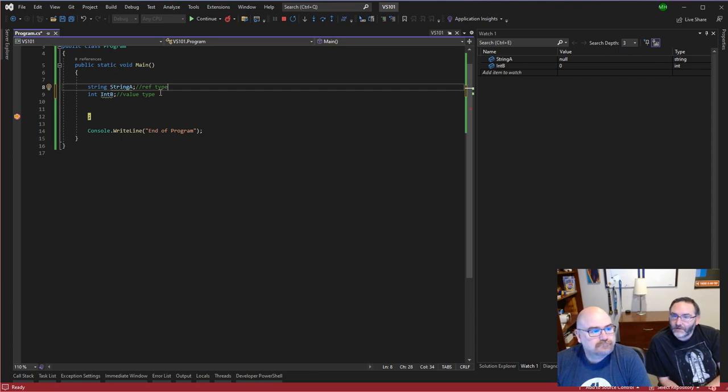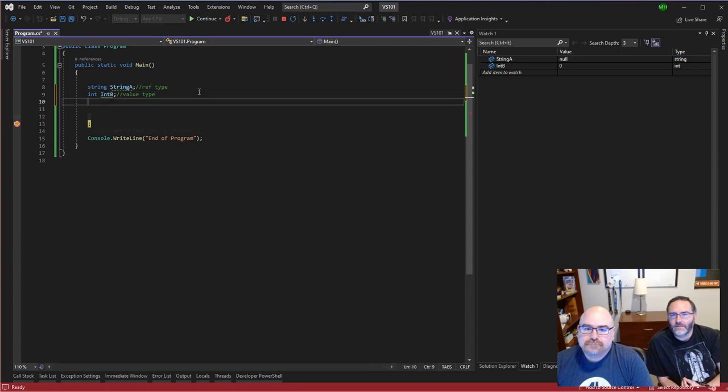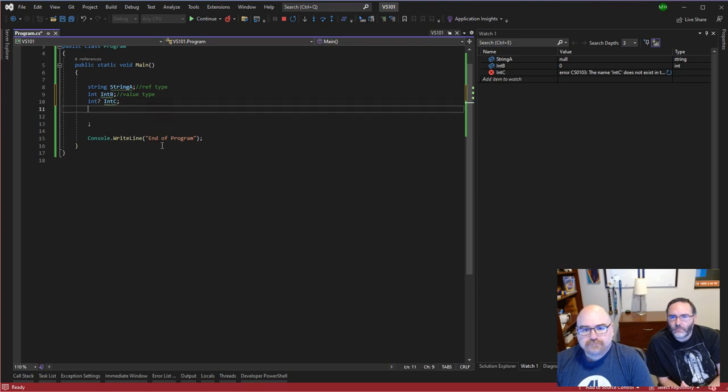There's a workaround. Sometimes we have an int and we want the int to be null. Let me do int C. How would we make this null? Because I want to be able to store a piece of data that says I don't know the value of this variable, and I don't just want to set it to 0. So the trick is, whenever we have a value type like that, we put a question mark after the data type. And as soon as we do that, if you rerun the program here,